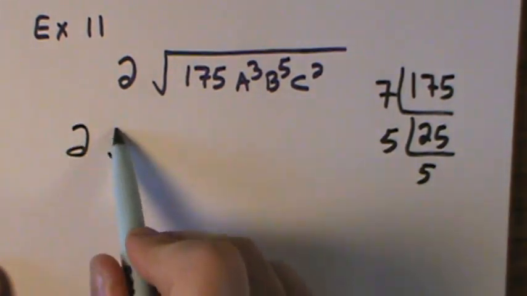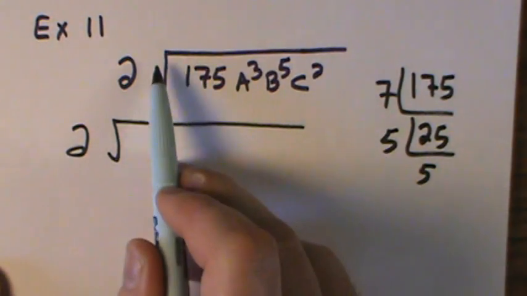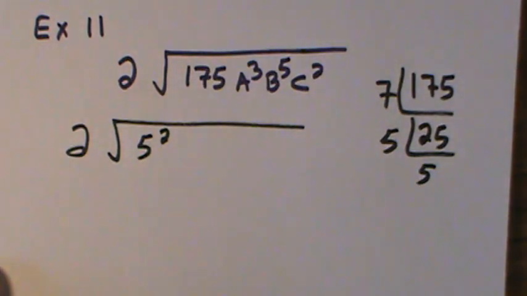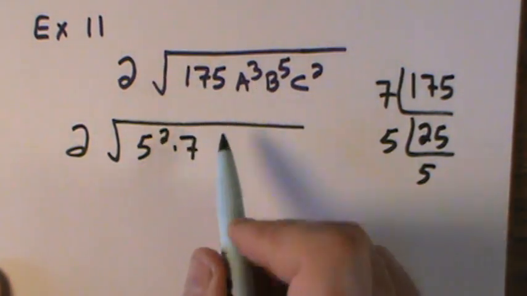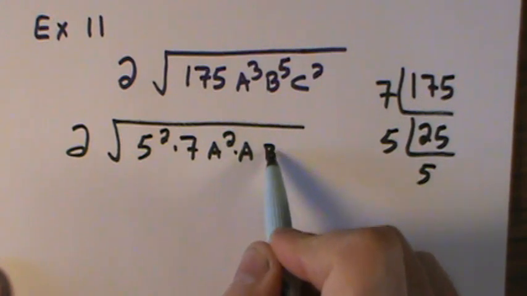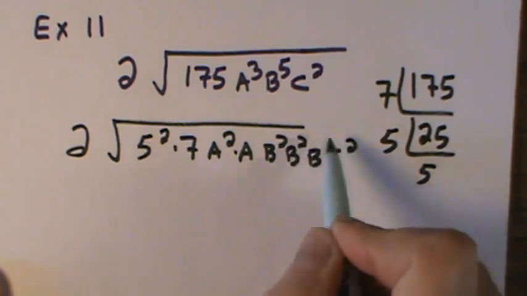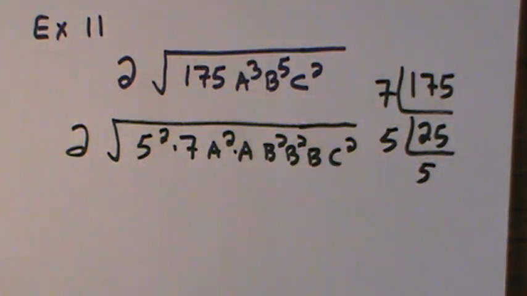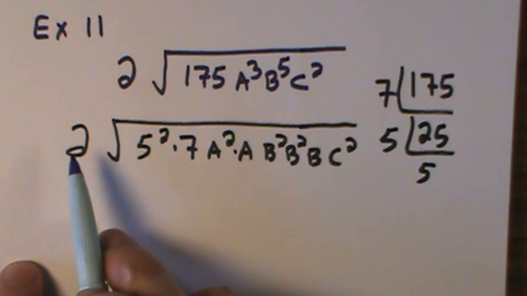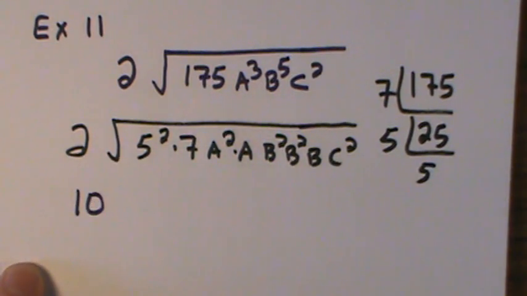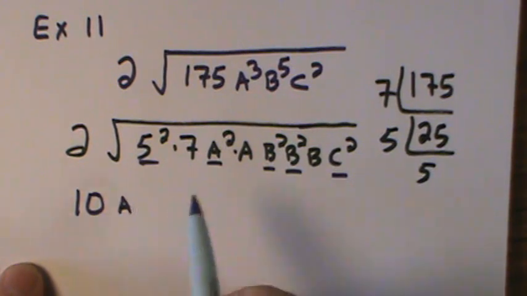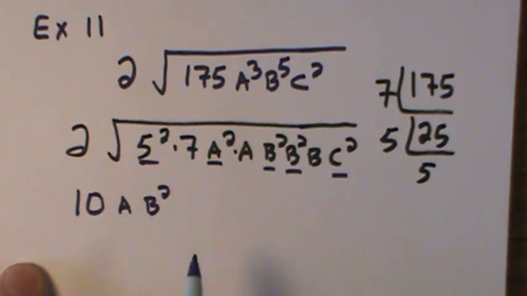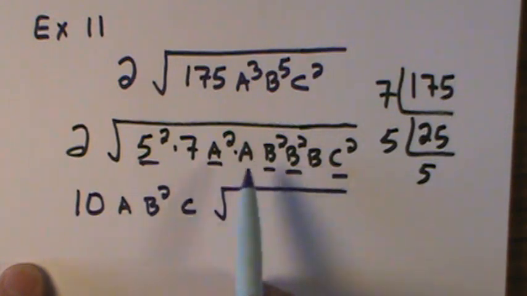So I could write this as 2 square root, there's my pair, there's an index of 2 here, 5 squared, 7. I go to my variables. Again, I'm looking for an index of 2, so I can call this a squared a, b squared b squared b, c squared. And we can see who's getting out. The 5 comes out. It can be joined with this 2. So 2 times 5 becomes a 10 on the outside. A gets out. B, B, and C. So I can call that A. BB would be B squared. 2 B's came out. C, radical, and everything that I did not underline stayed in. So I call that a